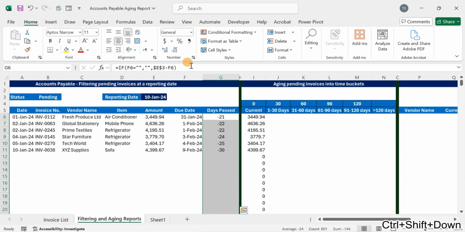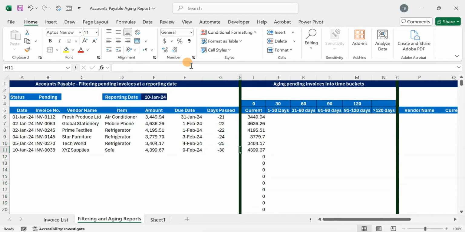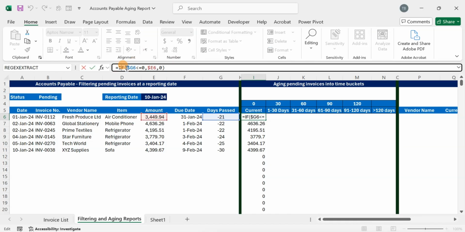Then we can copy it down, so it turned out to be good. And we can do the same for this one: if this is blank, then blank, otherwise